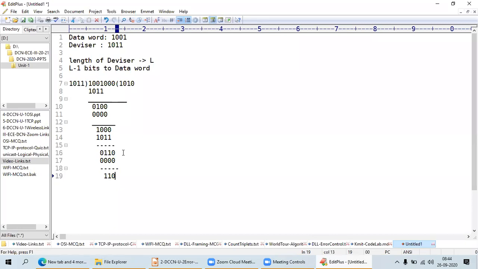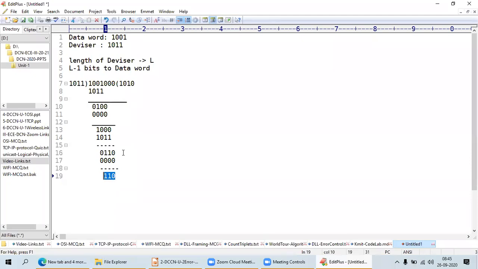My CRC is nothing but the remainder. I got the remainder here. Whatever the remainder I got, that is my CRC.